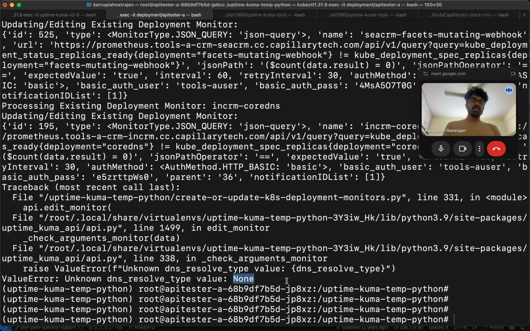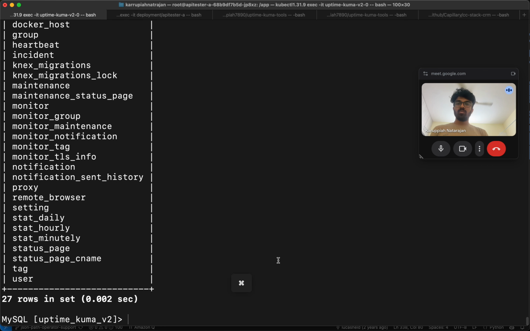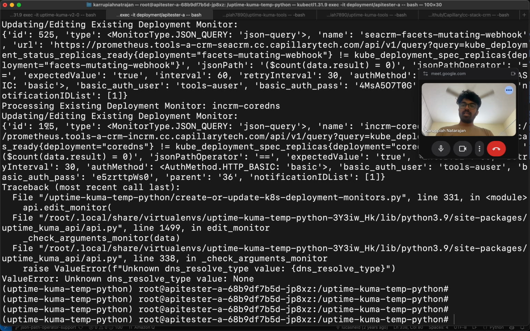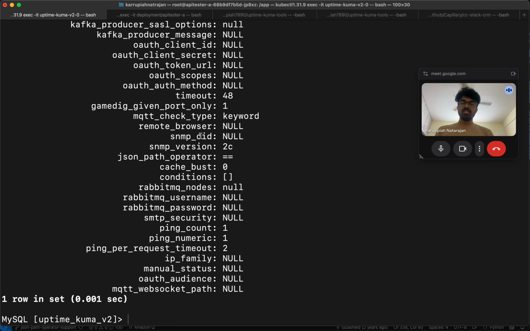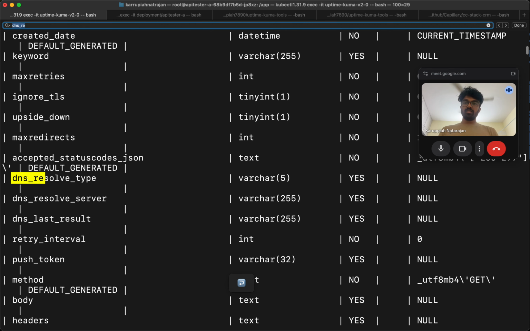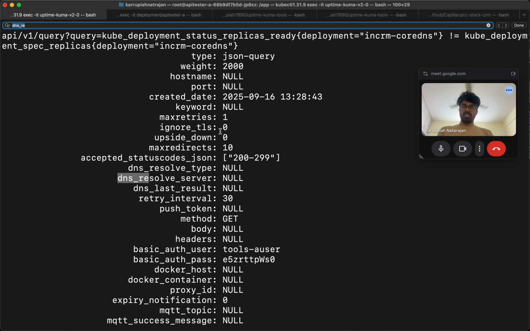This is none because I didn't require a DNS resolve type, and hence I didn't put that data in the Uptime Kuma. So if you actually go into the Uptime Kuma and find this out, like let's say 195, select star from monitor where ID is equal to 195, and you check it out, you'll notice that the DNS resolve type is null over here,